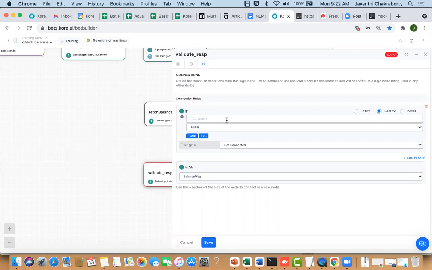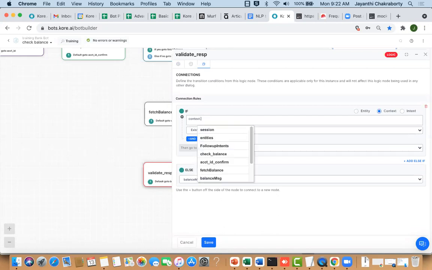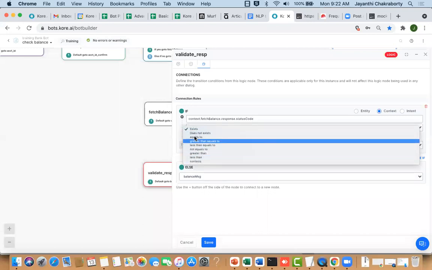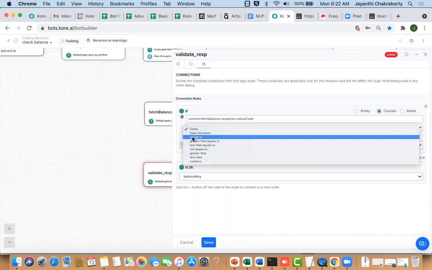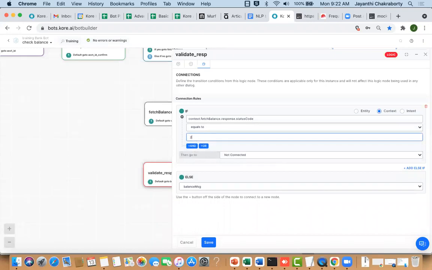We are checking for the status code in the API call. How do we refer to it? Once again, we say context dot the name of the service node where the API call is made, dot response, and within the response we have the status code, with C in capital. So context.fetch balance.response.statusCode, and in the next text box you get all the operators that you can use to define these kinds of conditions. If it is equal to 200, which we have seen is the status code if a row is found,